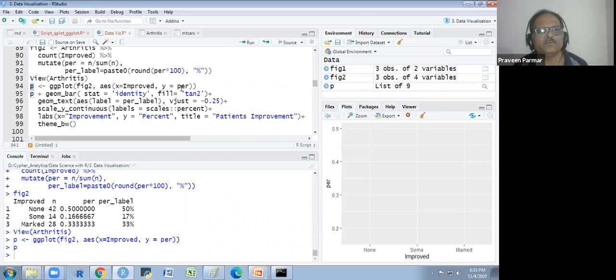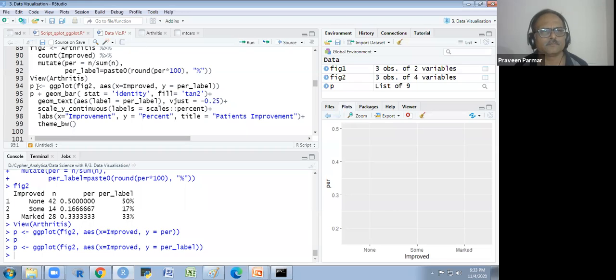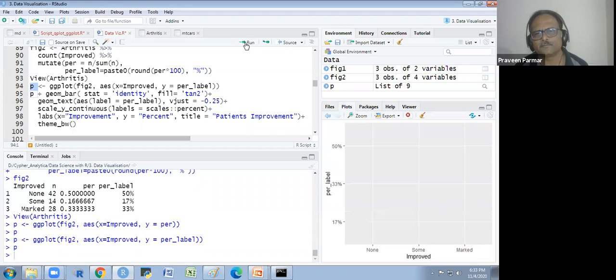And I should use here, instead of this, if I take the per underscore label, I use that and try what happens. We are getting this way.